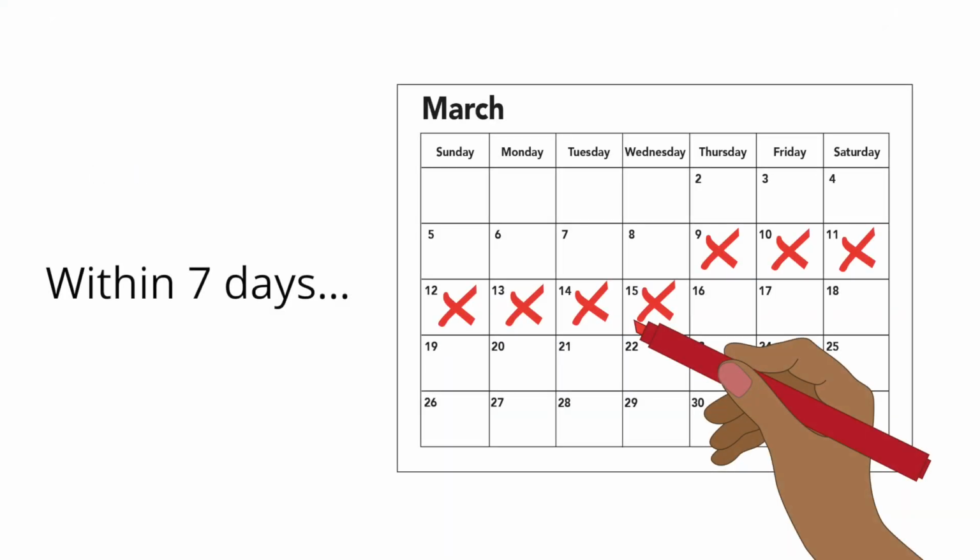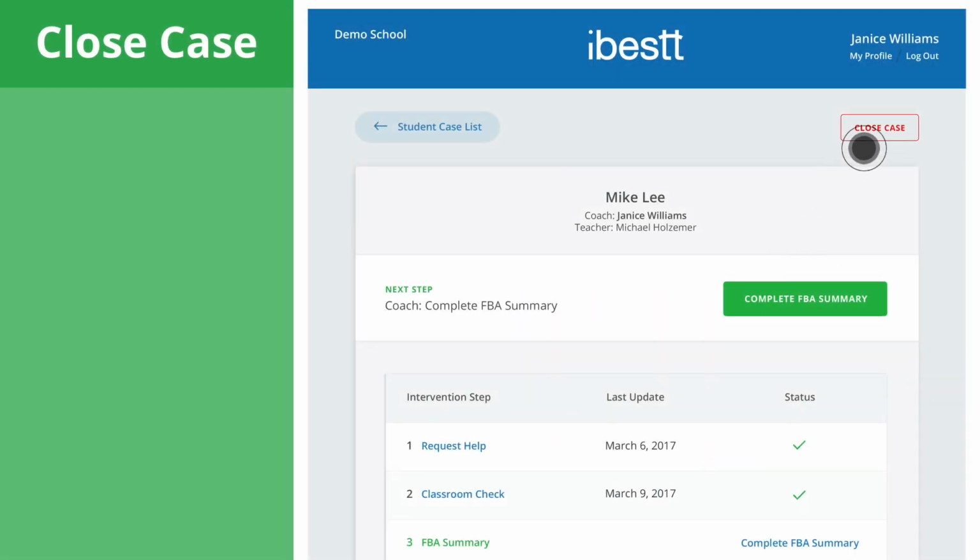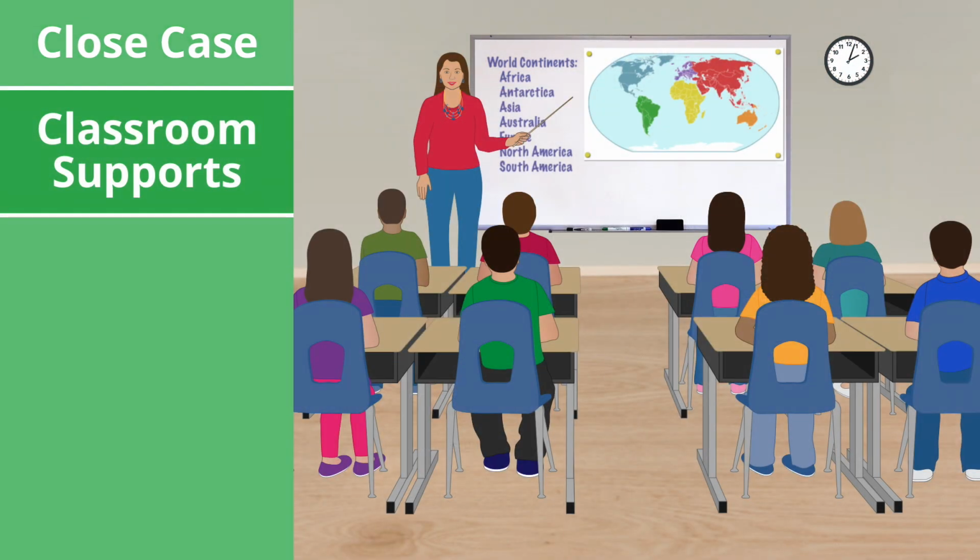After the classroom check has been completed by the coach, one of the following actions should occur within 7 days. 1. The case is closed. This would happen when the teacher tries a classroom-based intervention and it immediately decreases the student's challenging behaviors. 2. The coach begins to provide support to the classroom teacher through coaching or modeling Tier 1 classroom supports. This occurs when there are identified strategies that can be tried, but the teacher needs additional ongoing support from the